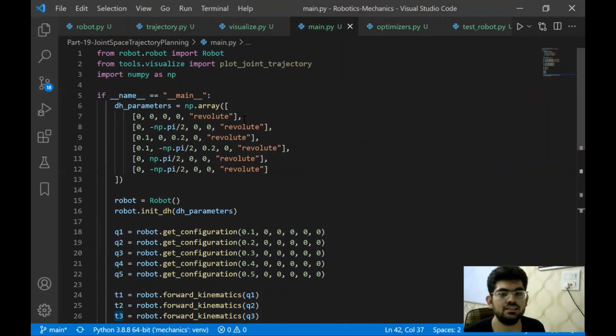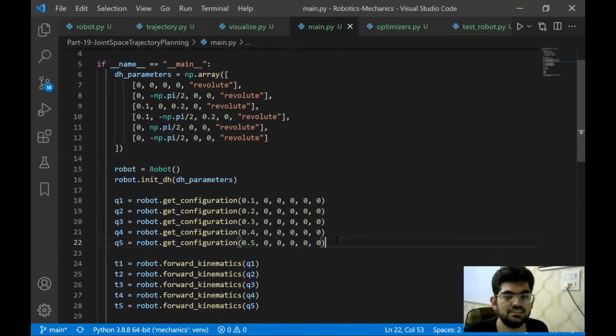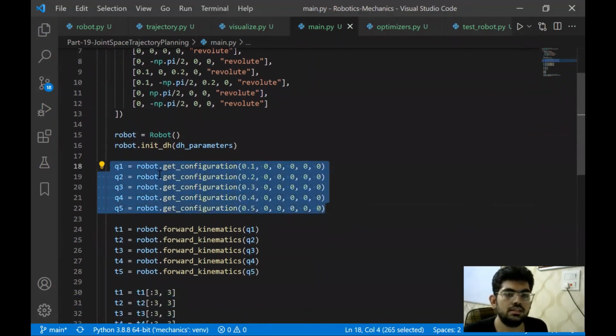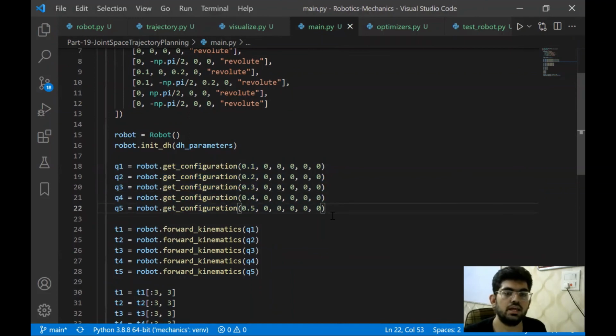In the next video, I don't know if we are going to be testing the trajectories with unit tests. Since the trajectories are more of a visual component, it is quite difficult to execute unit tests on them. So let's see what we get in the next video. There are a couple of things we can do: either we can continue with the trajectory planning, or we can introduce some new concept like controllers. But let's see what we get in the next video. See you in the next video then.